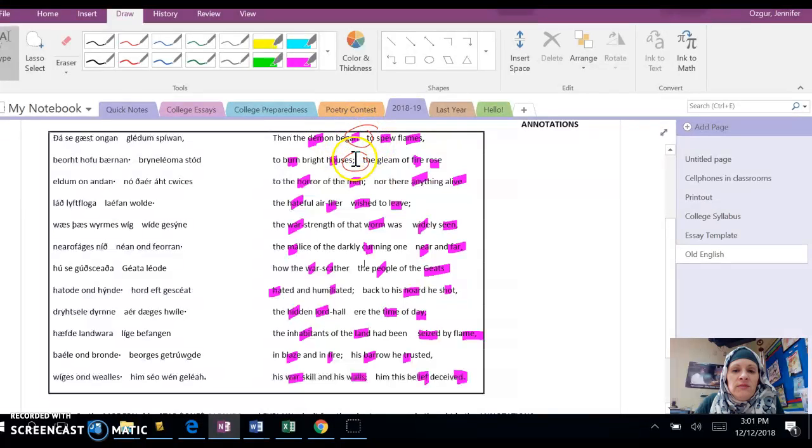Well, that makes sense. Why would you put a pause there? You don't really need to. But they have one in the Old English. So when you do it in Modern English, that's not really effective. So that's not a good caesura, as opposed to this other one here, to burn bright houses, the gleam of